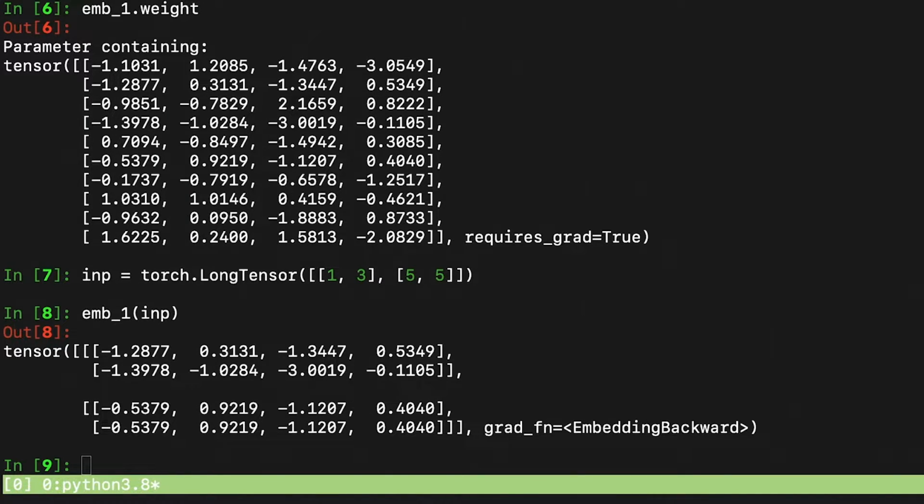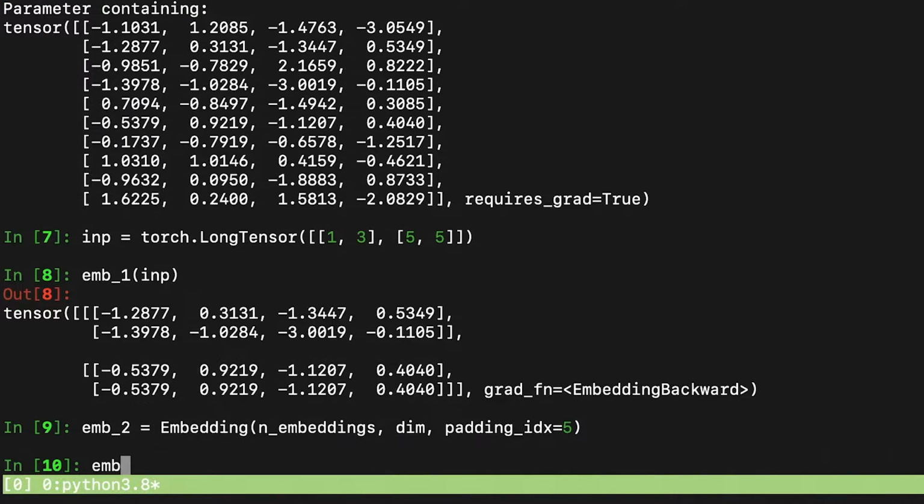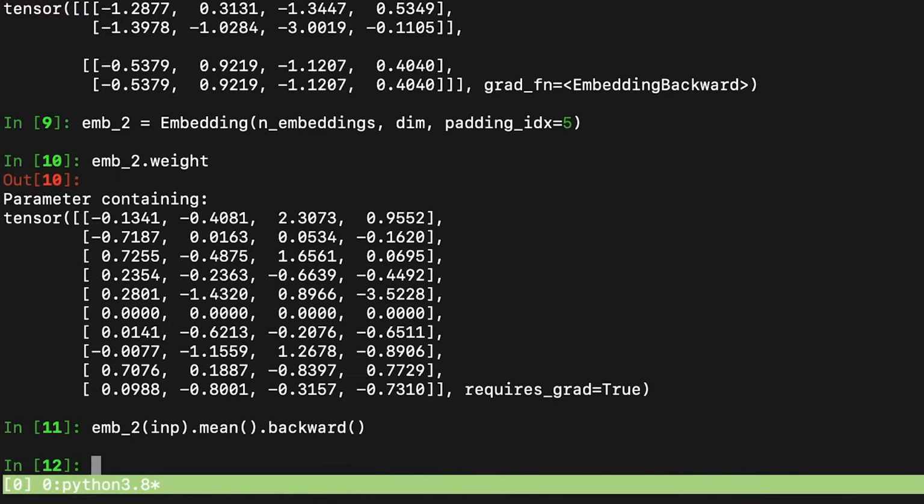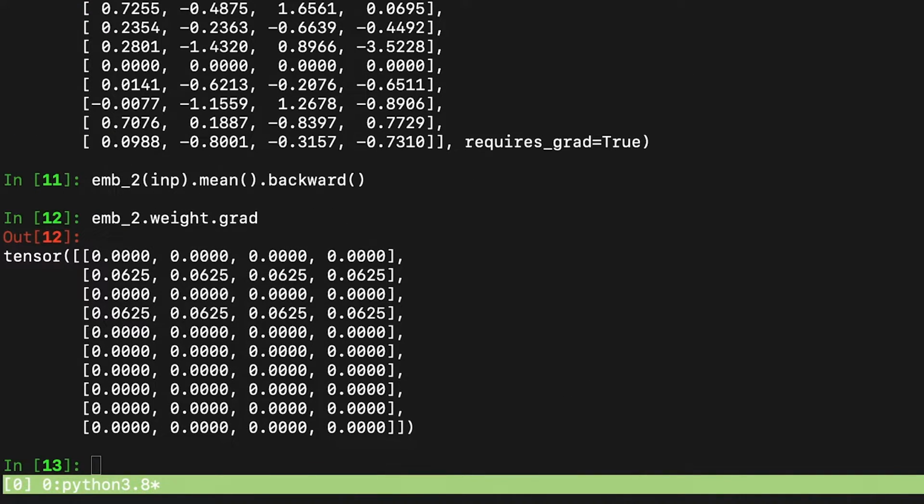Let us now try to use the keyword argument padding index. The row with the index of 5 is equal to zeros. Here I just averaged all embeddings and computed the gradient.